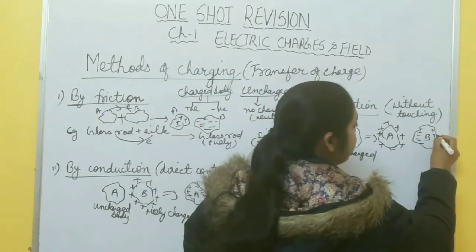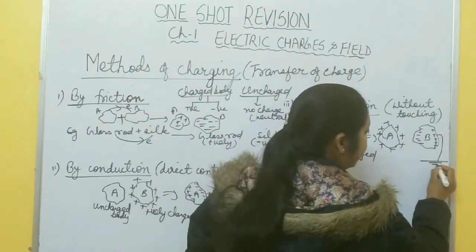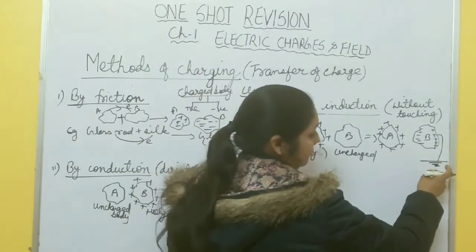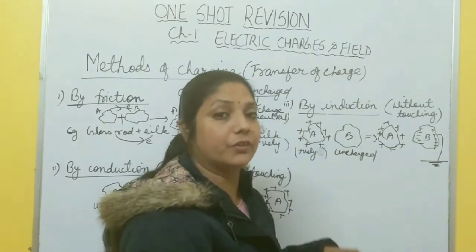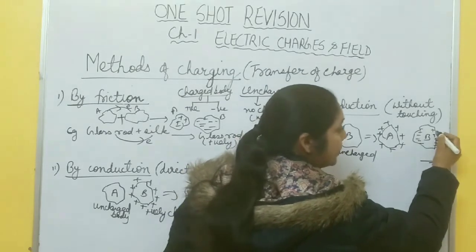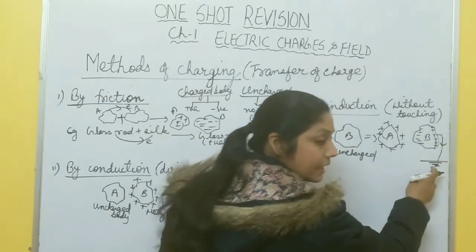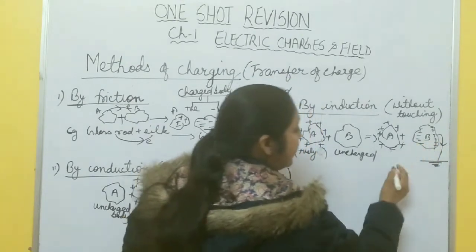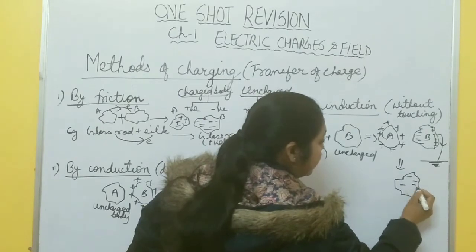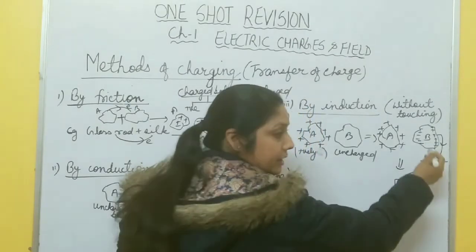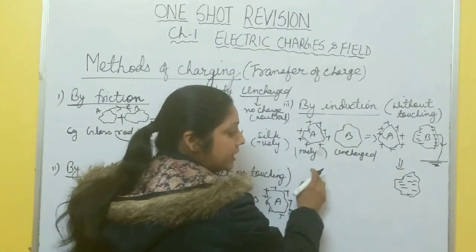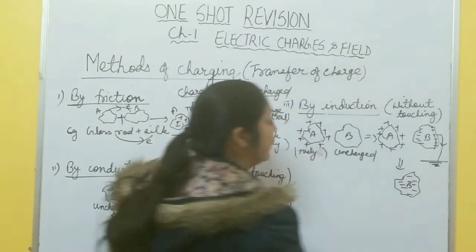Now suppose this end is earthing, because we know that earth is a good conductor of electricity. It can take a large number of electrons inside, right? So it has a large number of free electrons, so this positive charge goes inside the earth, and after separating the two bodies, this body B becomes negatively charged, uniformly distributed after earthing this one. So here the charged body is positively charged and we can produce body B as a negatively charged body.